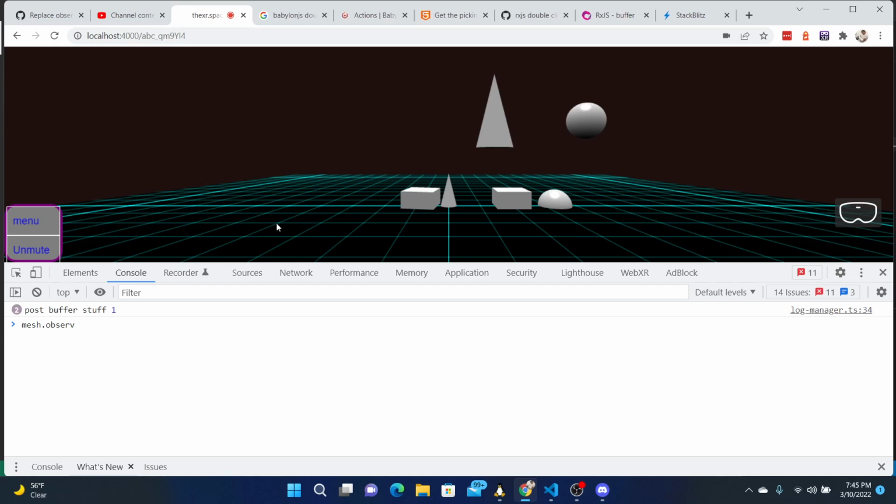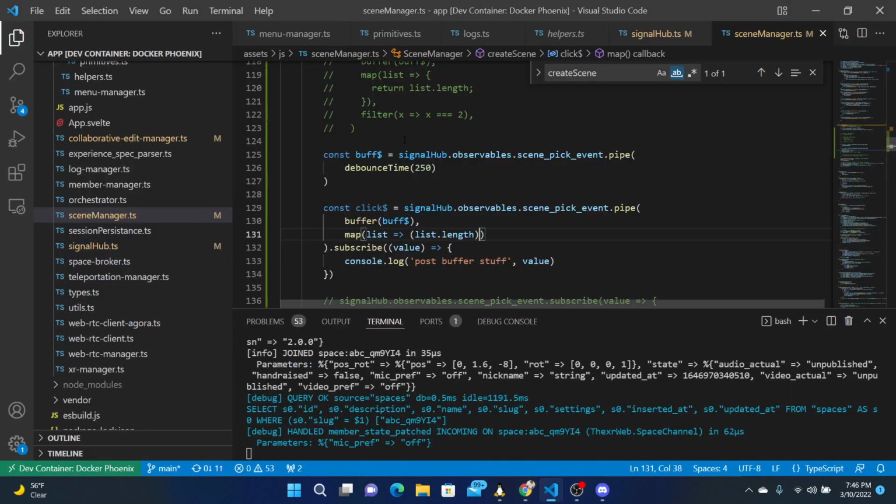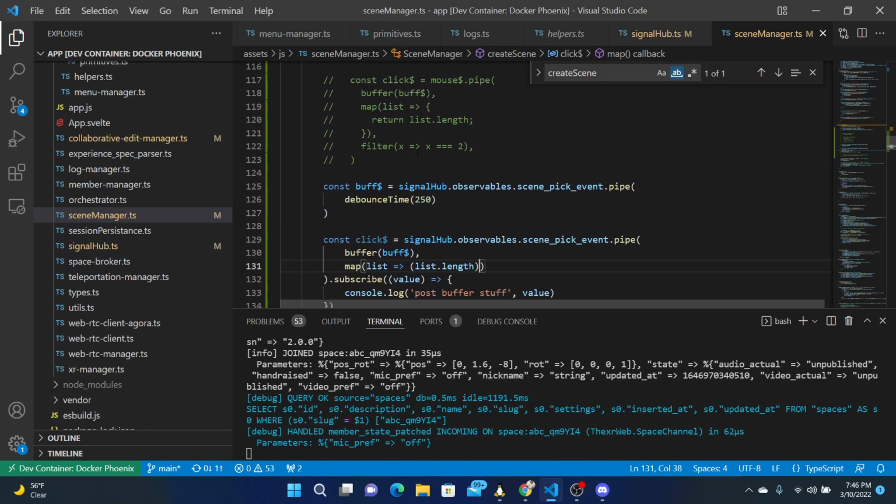So 1, 2, and get 3, 5, 6. Okay, so it'll get all the clicks it can get within the 250 millisecond time, and then finally, if it's 2,